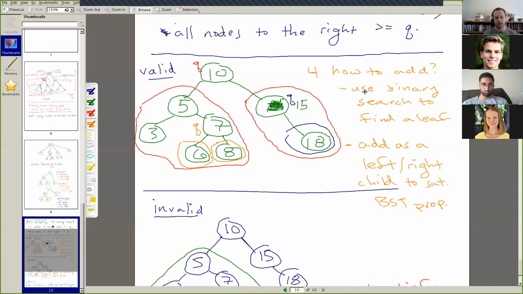And we can see that as a subroutine of adding, one of the things that we have to be able to do is do a binary search. So you definitely want to, in your homework assignment, implement the finding ability or the binary search ability before implementing the add ability. In the test cases, which we'll look at in a little bit, there are several sets of test cases. In some test cases, it's creating a binary search tree for you manually, similarly to how we created a binary tree manually.